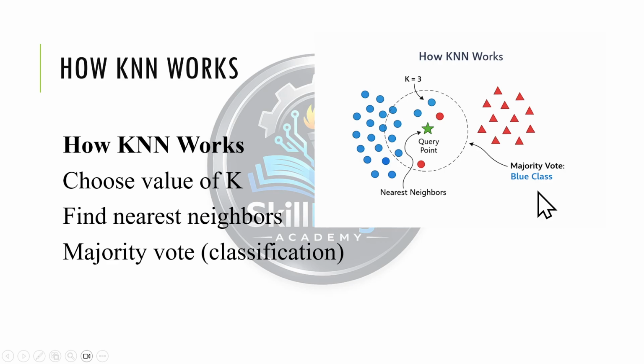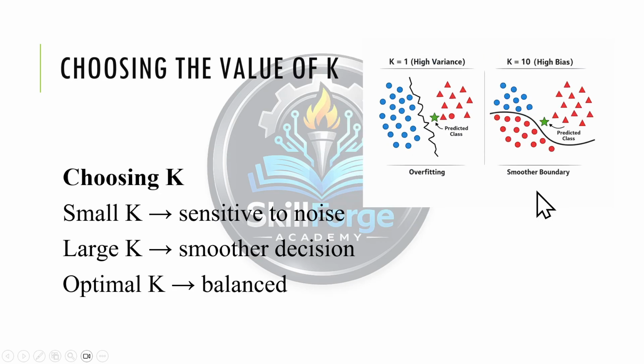There are more blue points than red, so the predicted class by majority vote is blue. Okay, and as I have discussed, we have to be very sure what value of k we are selecting. So here you can see what is happening. When we have taken k equal to 1, the decision boundary becomes very jagged. Even small noise changes the prediction.